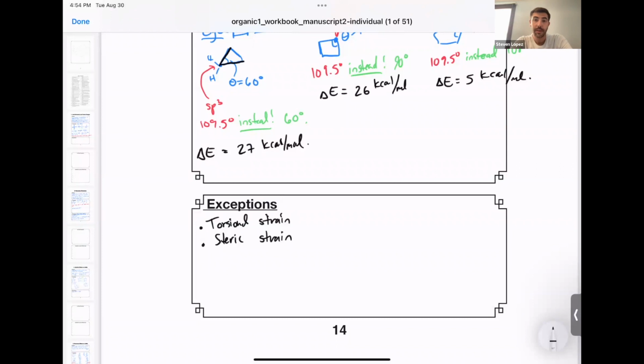Strain energy is also really important in organic chemistry because you can think of these molecules as being strained in the way that a spring is strained. It's going to release a lot of energy once you release the spring. And that's what happens in these molecules when they combust or they undergo reactions. There's a lot of energy that's given off starting from such a strained compound. So you can really use this to drive reactions.